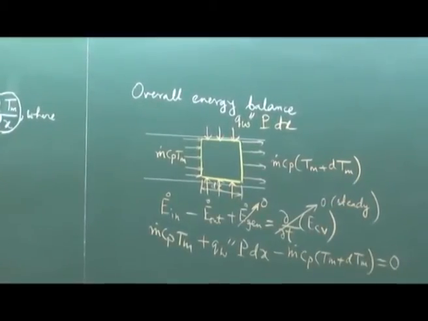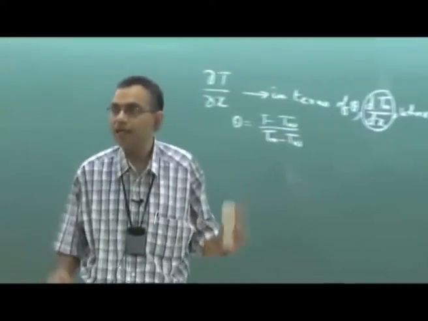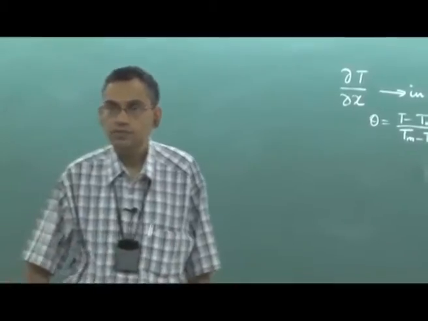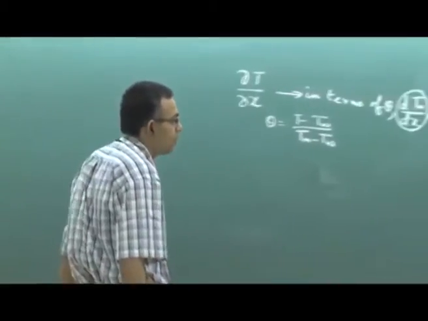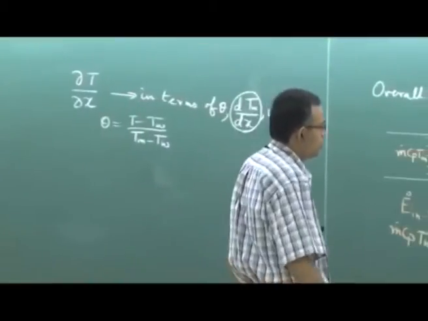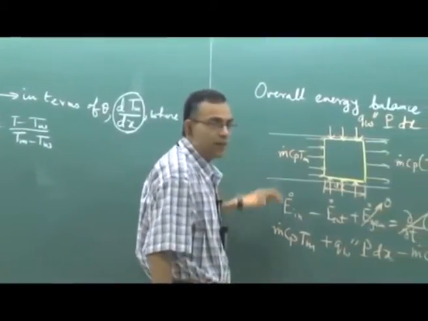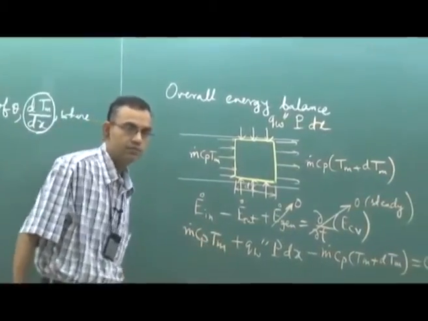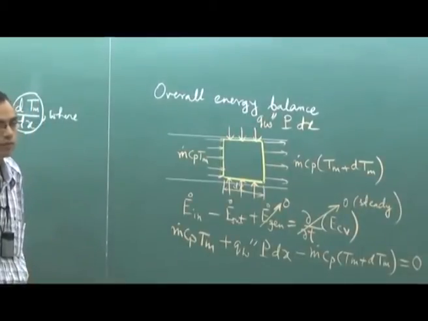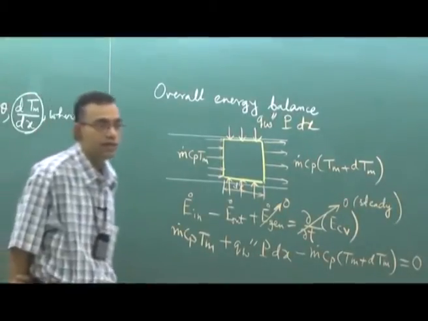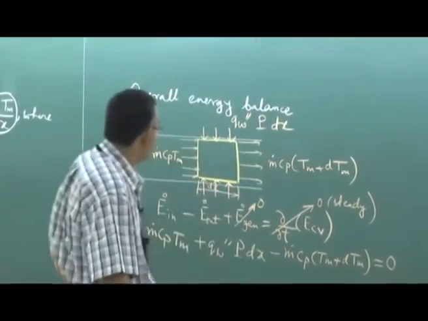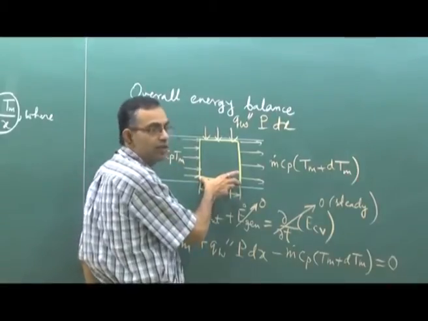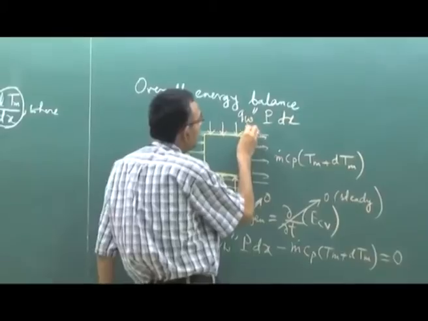Now this equation is not perfect, but it has an approximation. My question is, what is that approximation that is there in this equation? This is not exactly correct. No, it is not taken as constant. Even if it is a function of x, it is true, because we have taken a small element over which it will be constant. Q double dash may be a function of x.